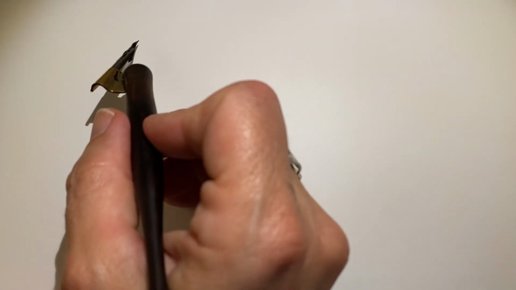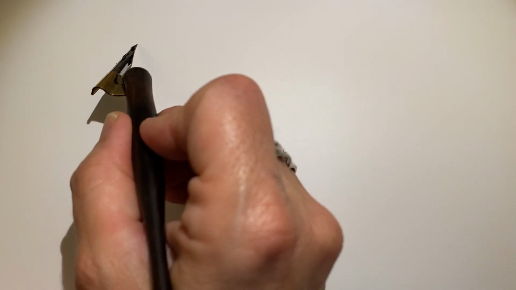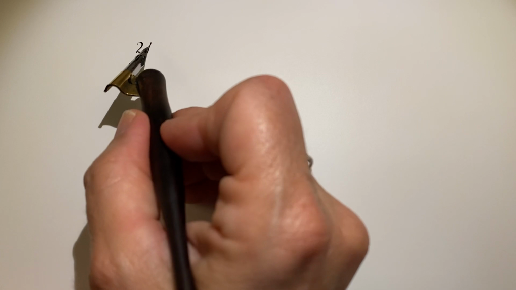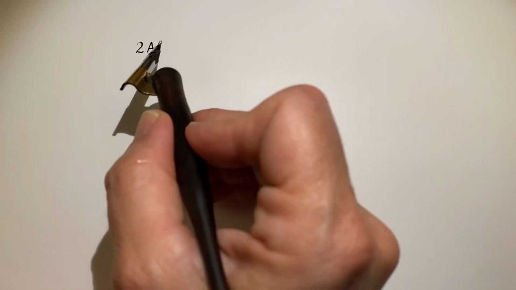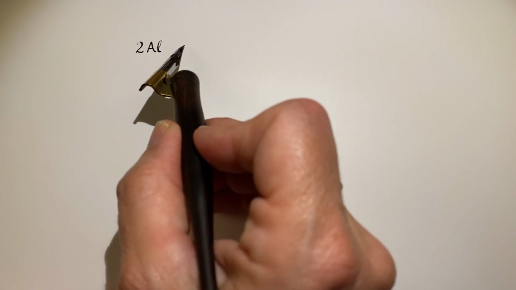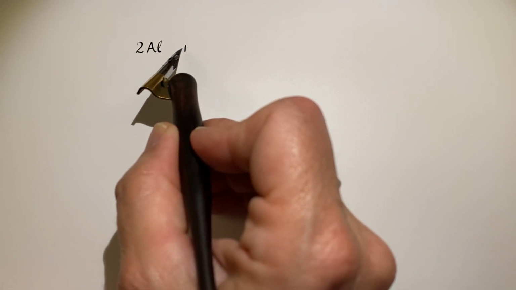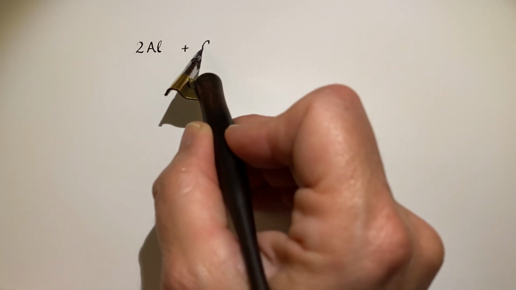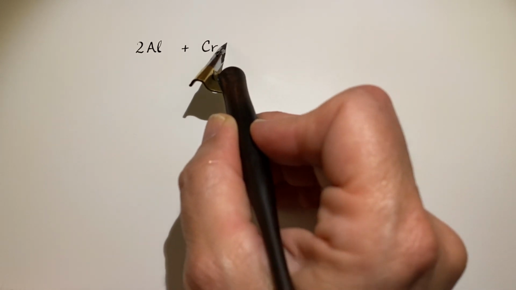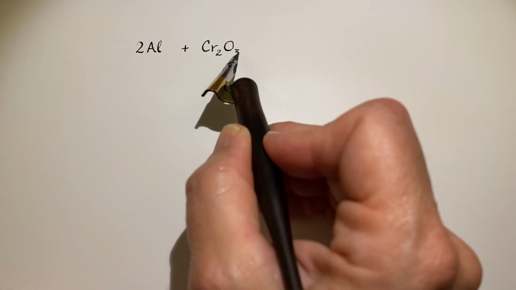In this case, we're looking at elemental aluminum that is reacting with chromium 3 oxide